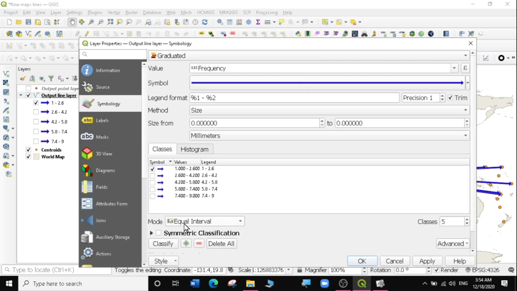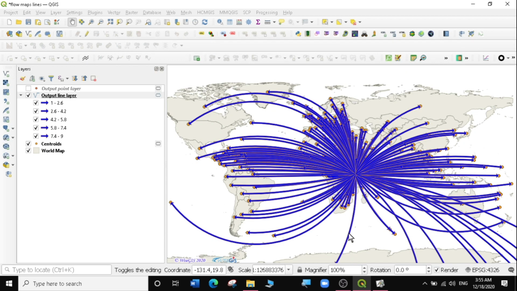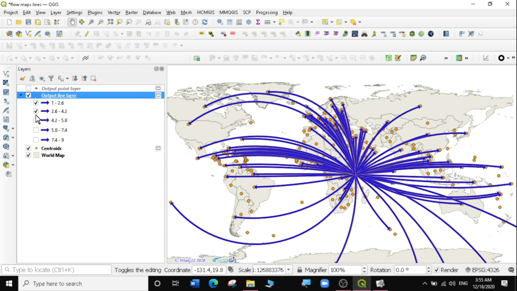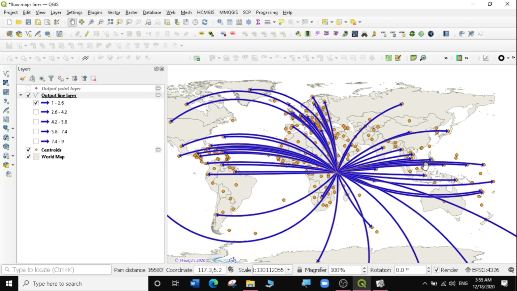Then I'm going to delete all, then reclassify them. Apply, okay, and now I have my curved arrows, very nicely curved, showing the movement of whatever goods or anything